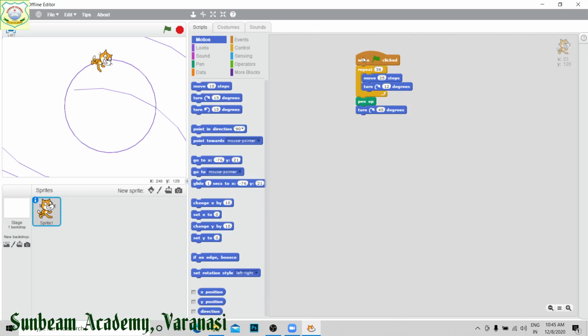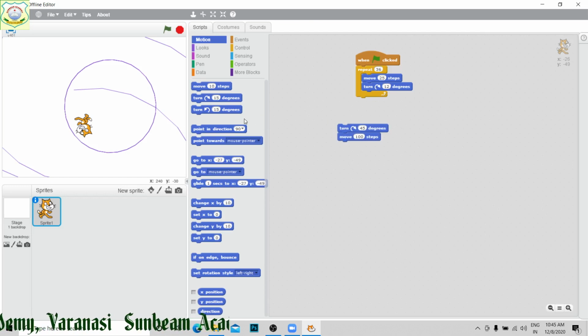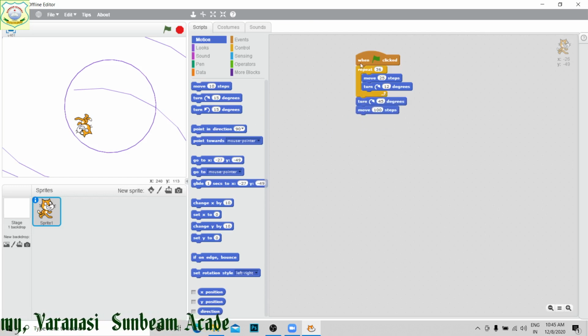From here I am moving it for some steps. Suppose I have taken 100 steps. You can see, because the pen is up, it is not going to draw anything on the screen. I removed it. Now run.